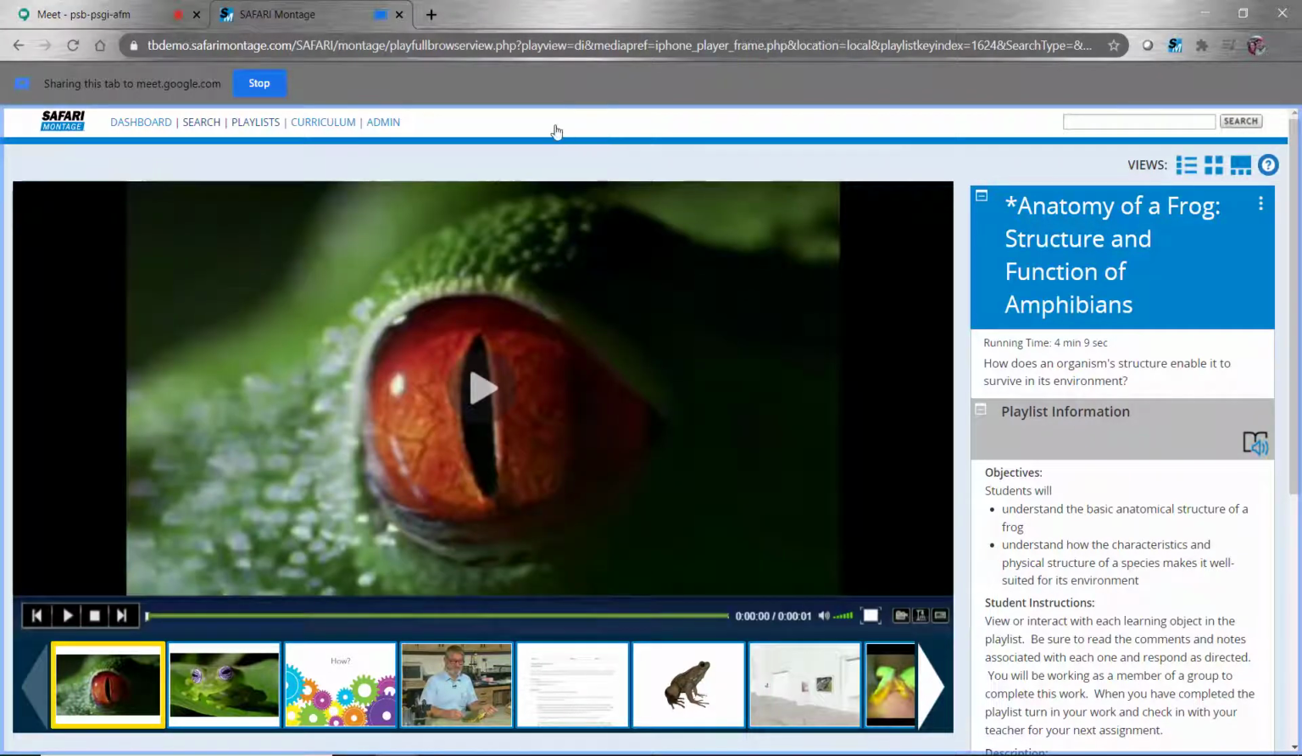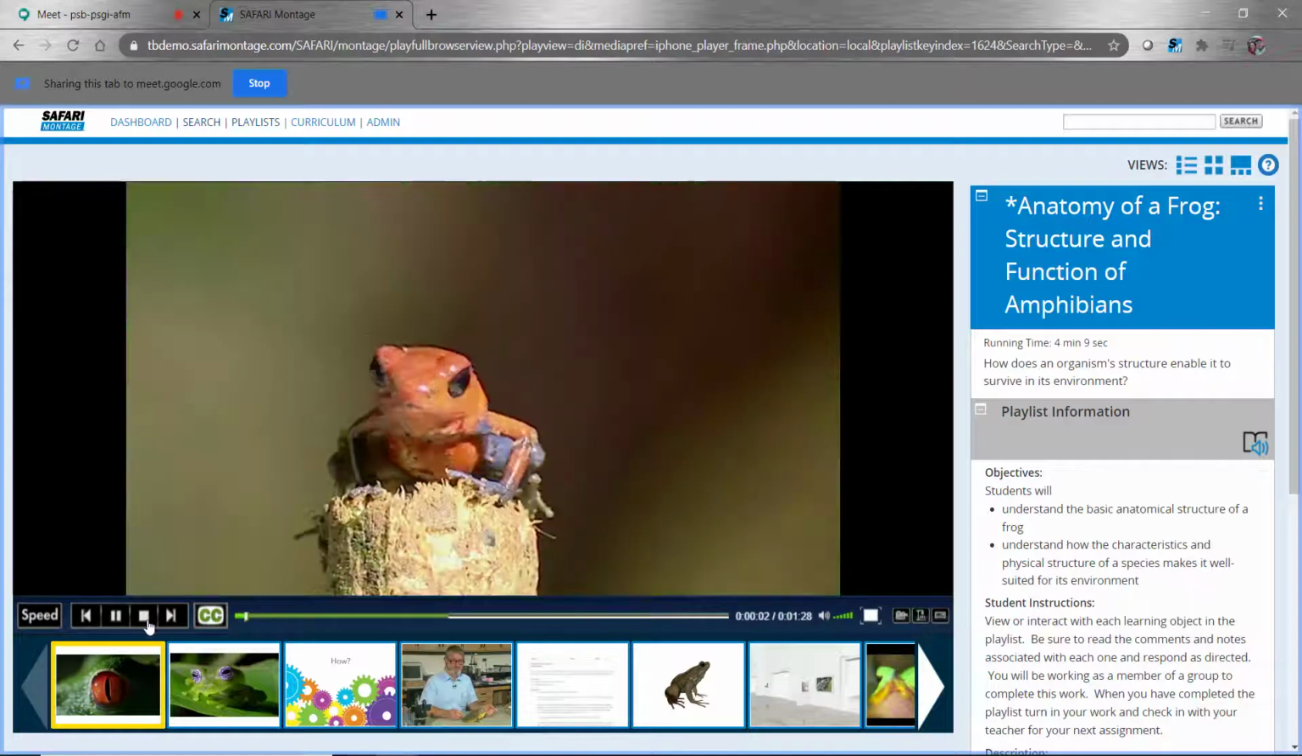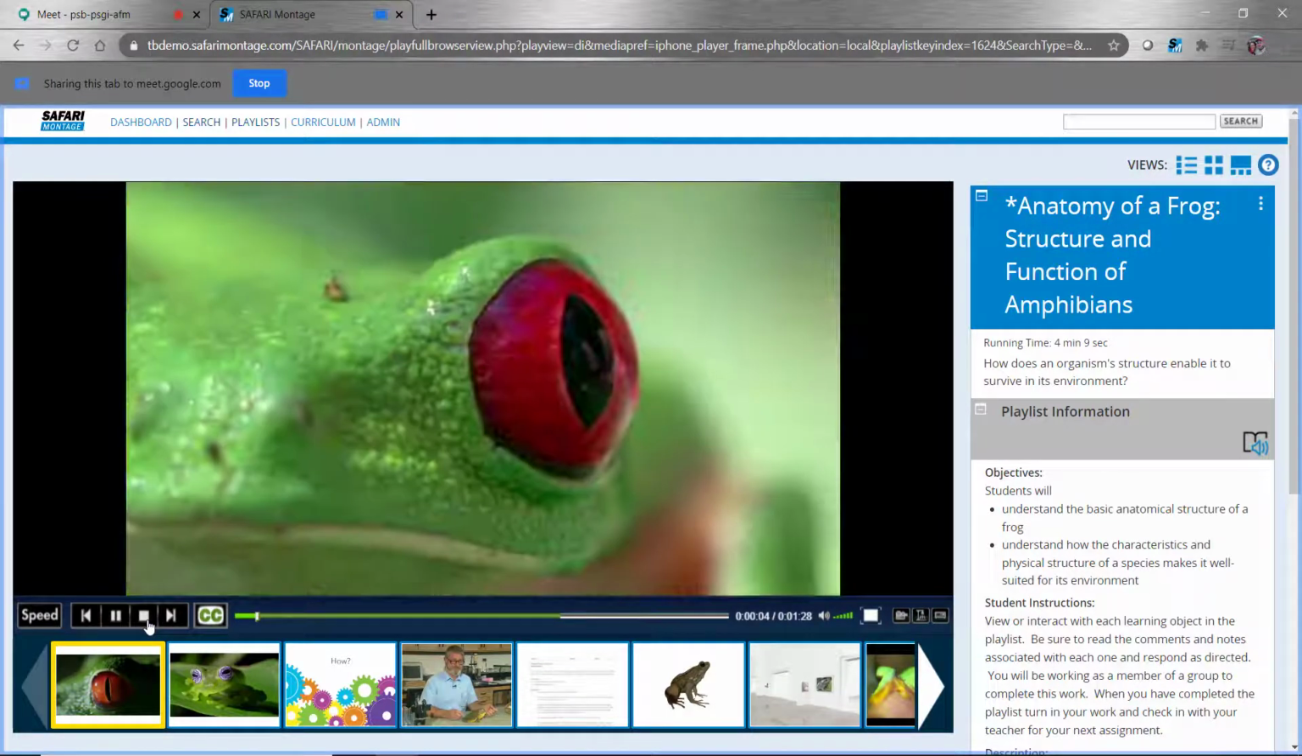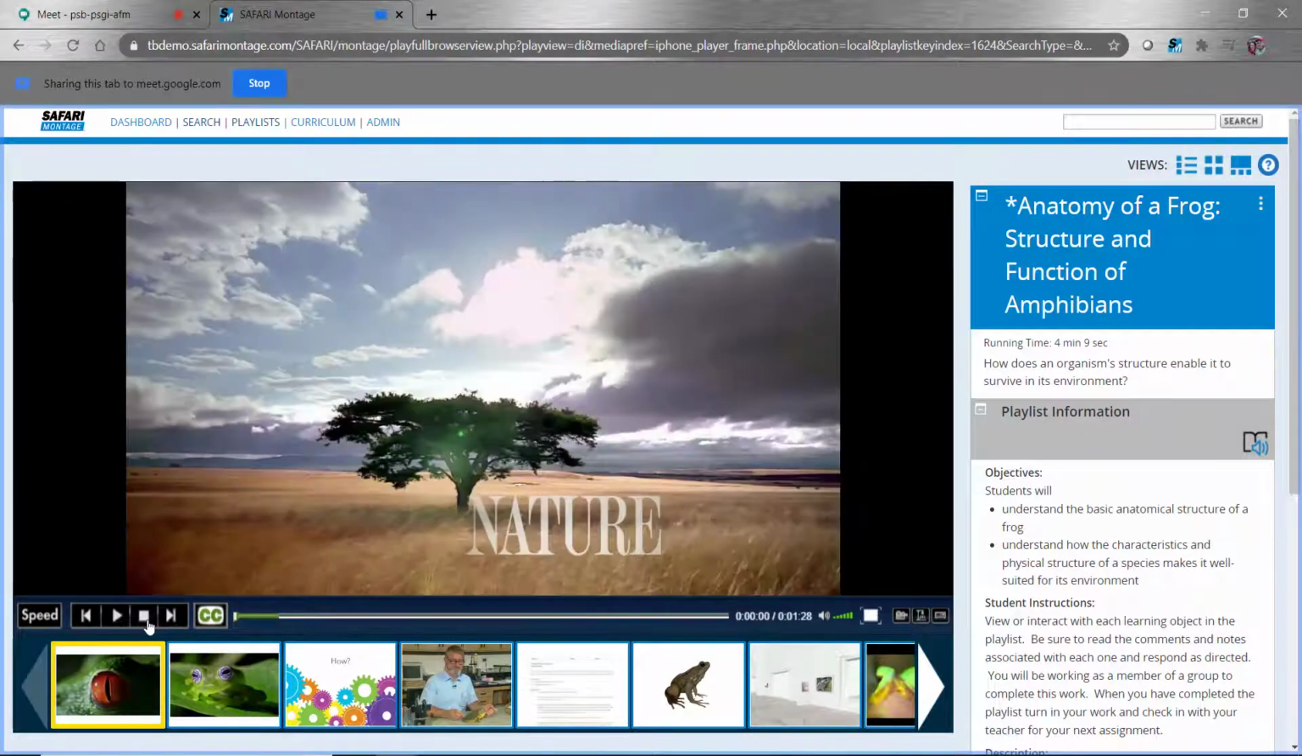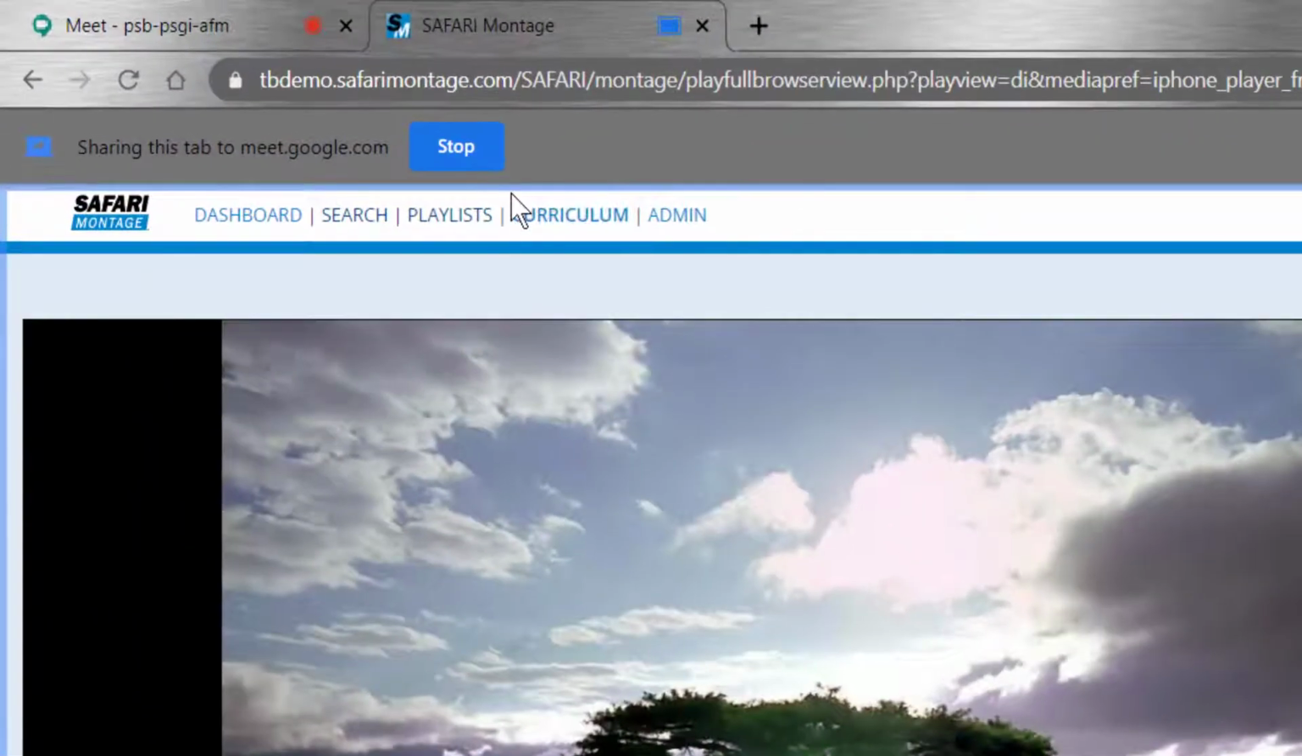You'll see a blue border around the active window you're sharing. You're now sharing your playlist, and any items you select, your student viewers will see and hear. It's really that easy. When you're done with the playlist and you want to stop sharing, click the Stop button